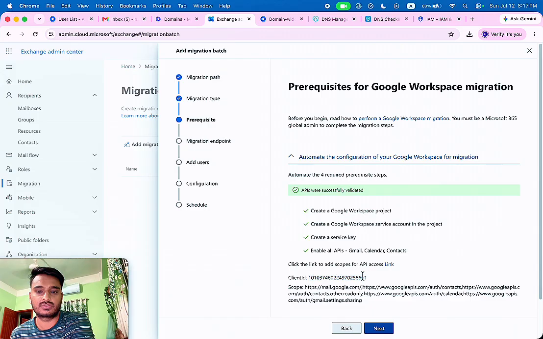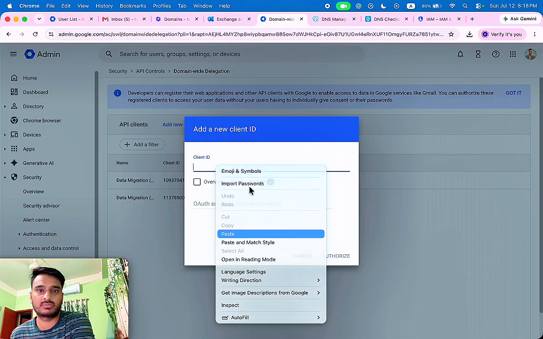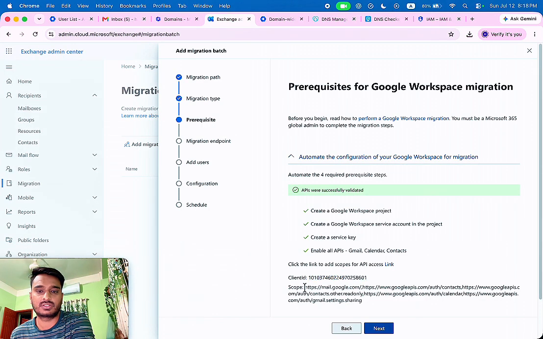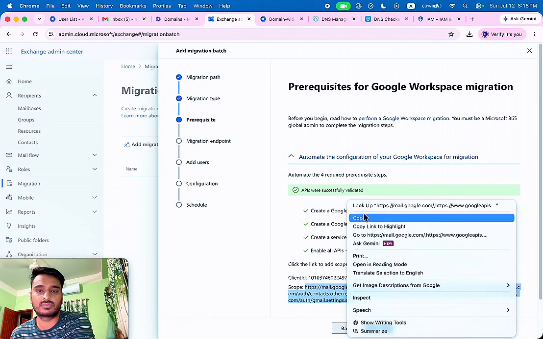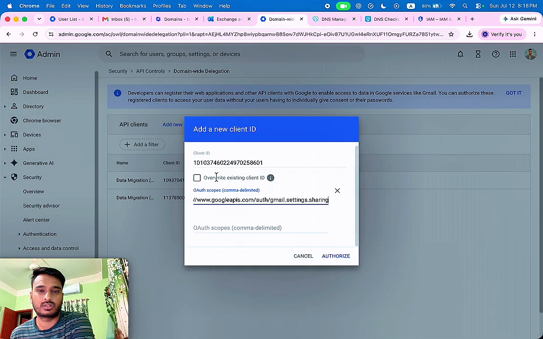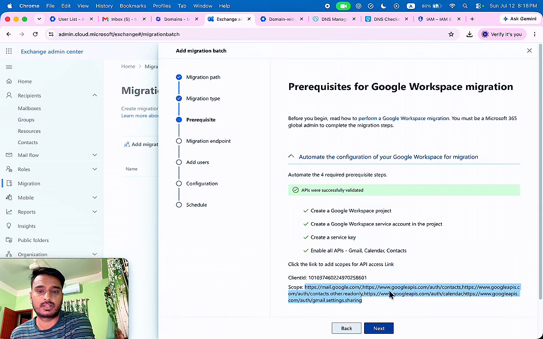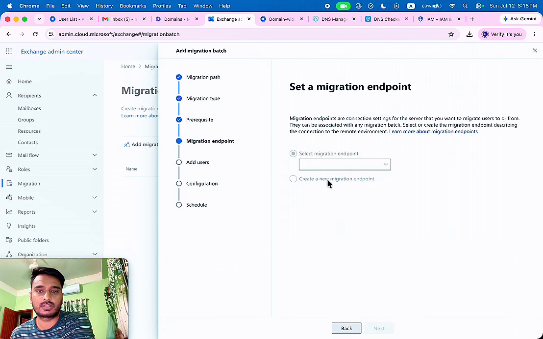Client ID, this would be this one. Copy here, client ID, paste. In Exchange Admin Center, copy the scope, copy the domain here, and I recommend selecting overwrite existing client ID. Okay, authorize. So great. Now go to next and